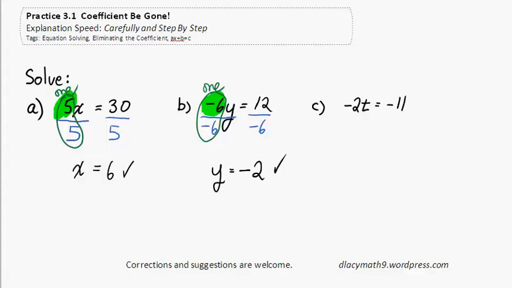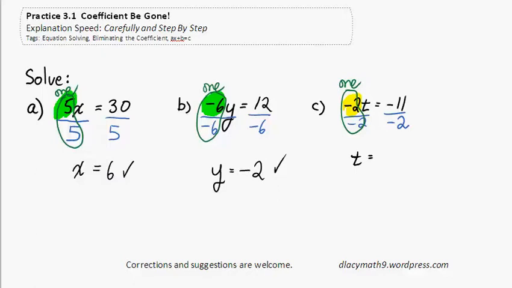And in C, we have a coefficient negative 2. This is very similar to B, where we divide by, in this case, negative 2 on both sides. And so we are left with t on the left-hand side after having made our 1. We don't normally write all this 1 and circle, by the way. We generally just write t. T is equal to,